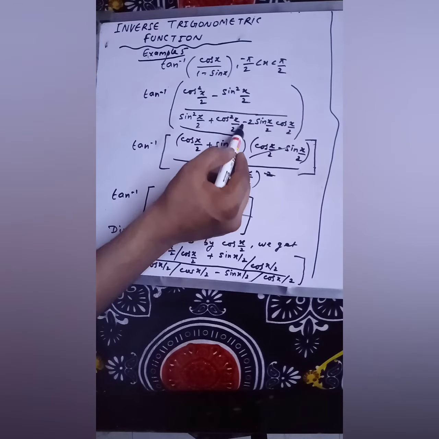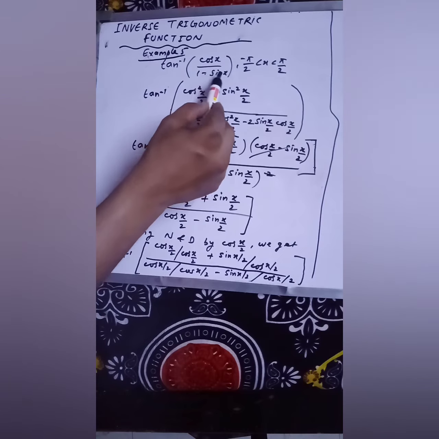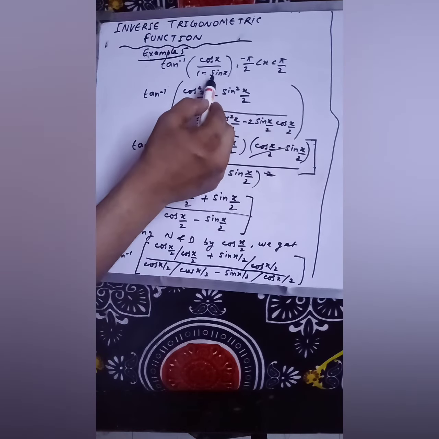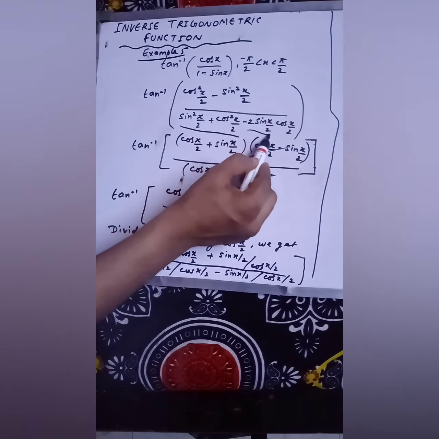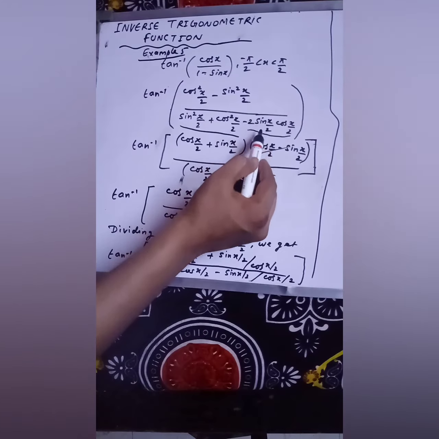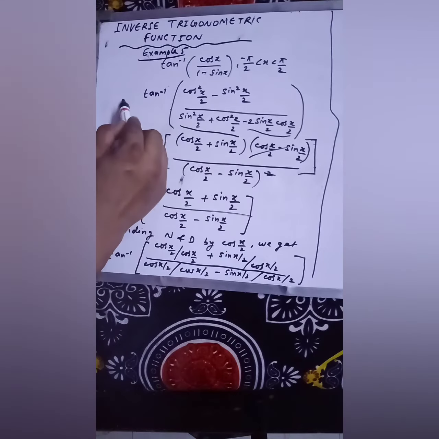And then minus, and this is your sin x, and sin x can be written as 2 sin x by 2 cos x by 2. This is the formula of sin x. So after this step,